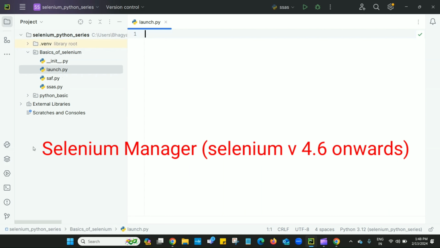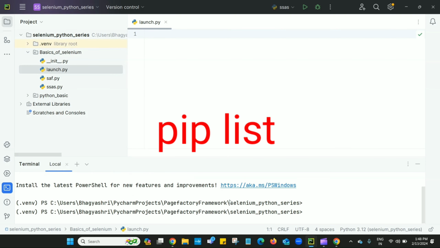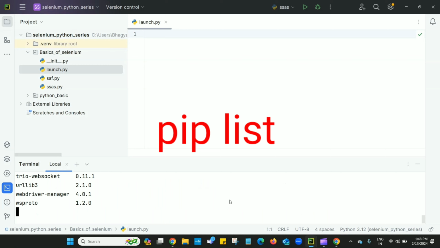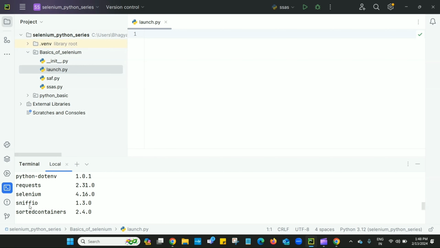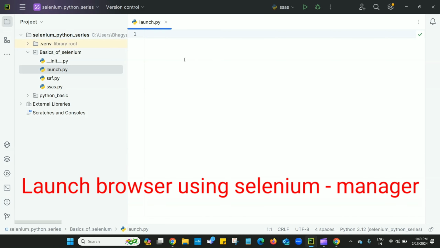In another project I have already installed a Selenium package greater than 4.6. Using the pip list command we can check the installed packages. Here we have Selenium version 4.16.0, which is greater than 4.6. We will use the same code here.